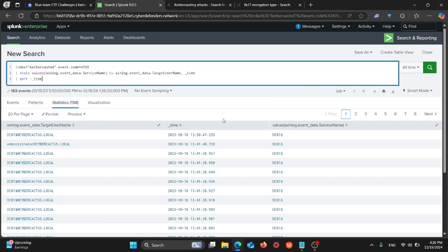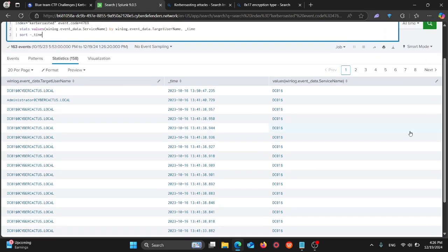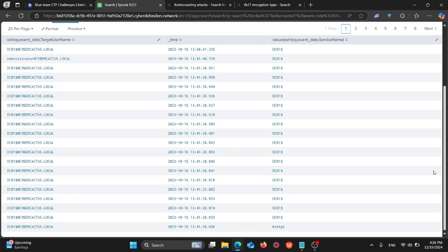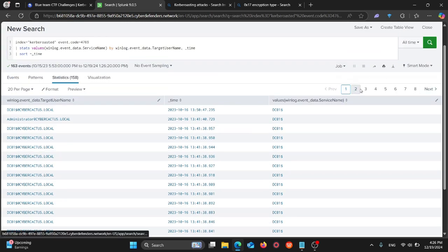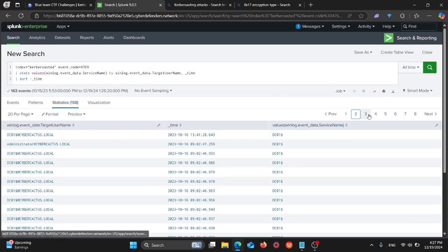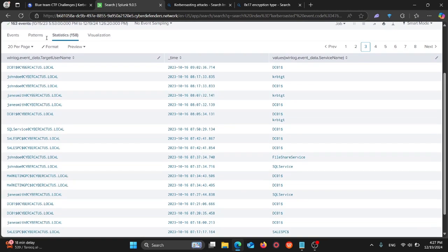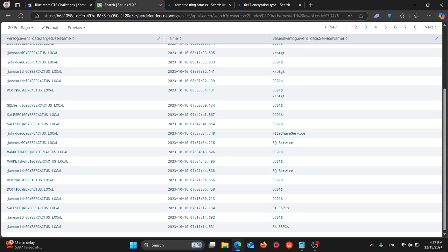And we are sorting by time. So here we have the services, and here we also have the target username. As you can see, it's the domain controller. We still don't have a username. Maybe if we search here, 2, 3. Okay. As you can see here, for example, we have a user called